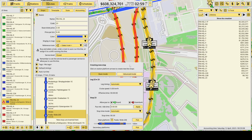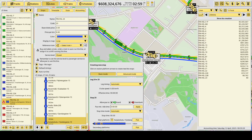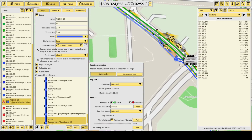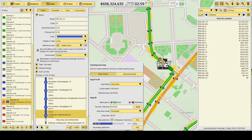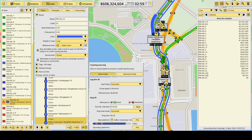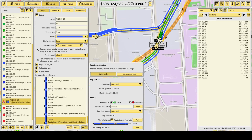No, this was the thing I already forgot. It doesn't stop at Teollisuuskatu, it only stops there. It skips that stop. It stops over there. No, it doesn't actually stop there. There is no stop over there. And then it runs through here. So it takes the straight route, and that's where it dumps its passengers, and then it takes more of them, and then we go